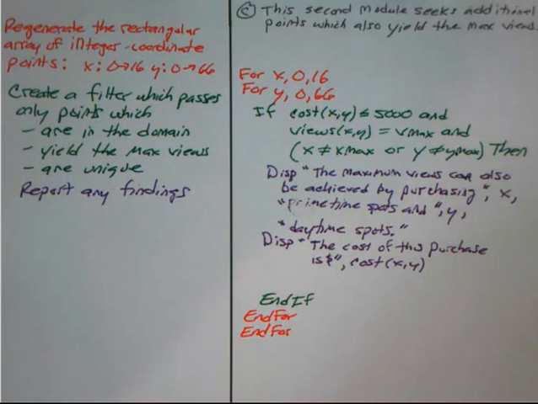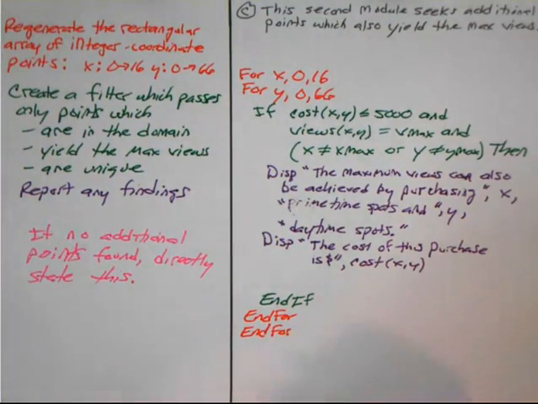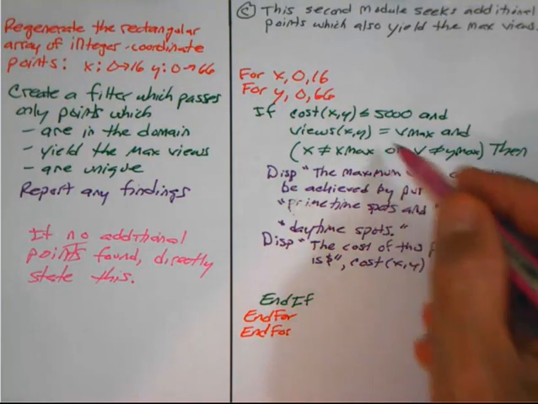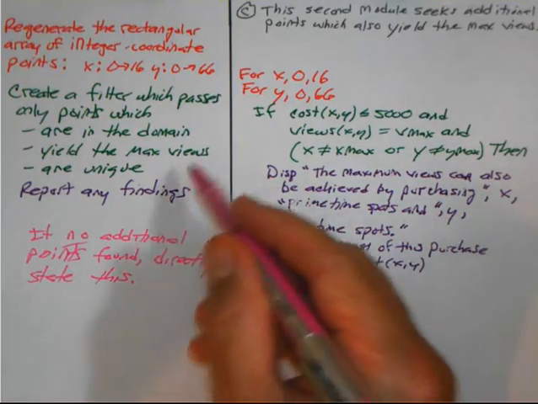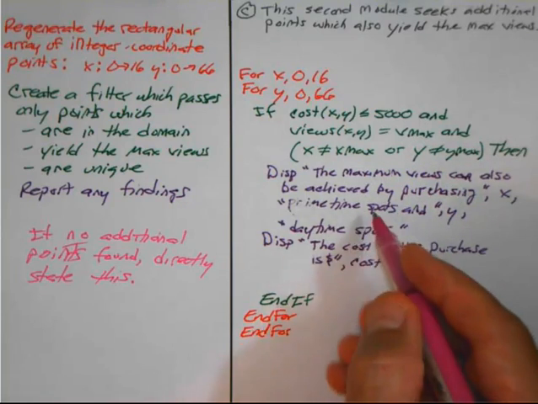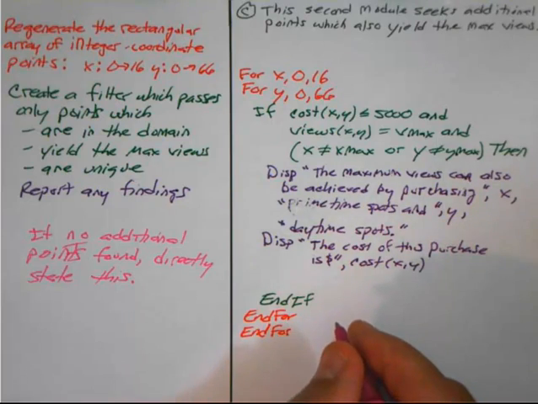Okay. Something else, if we process through all this and we don't find any such points, it might be nice to even directly state that kind of result as well. So if no additional points are found, directly state this as well. This might make it clear that we did actually search for this situation. Okay, how to do this? We want to keep track of whether or not we ever got into this portion of the loop. Did we ever find any points that actually passed through this rather strict filter and had a result pan out here? It might be nice to put in a counter variable for this sort of thing,